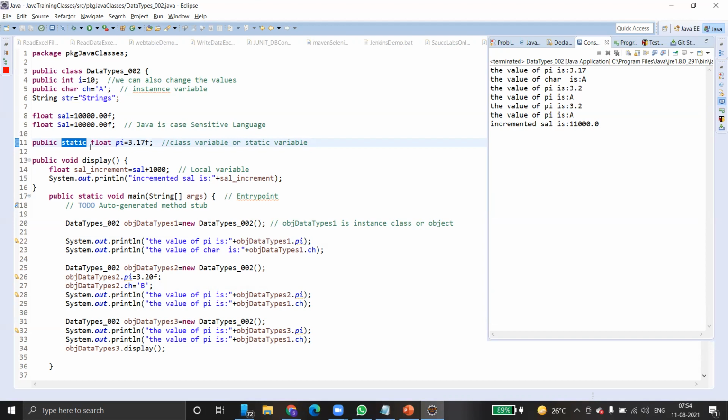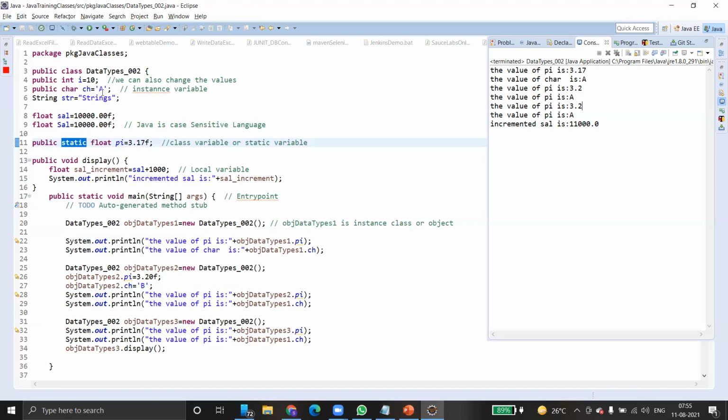Whenever you create a variable of type static with the keyword public, those act as class level variables. One more observation here: you create a public character ch equal to a. Even though you try to change the value to b, it does not print b. It's still taking a, because this is not static and not a class level variable.